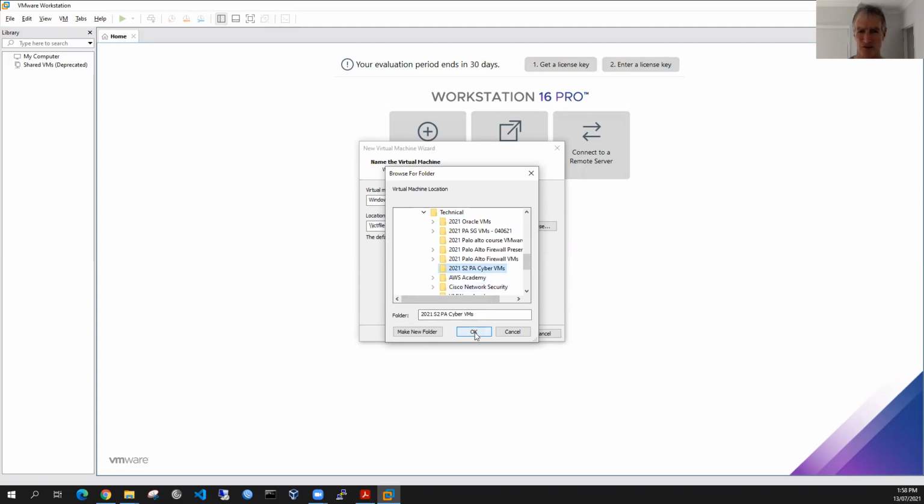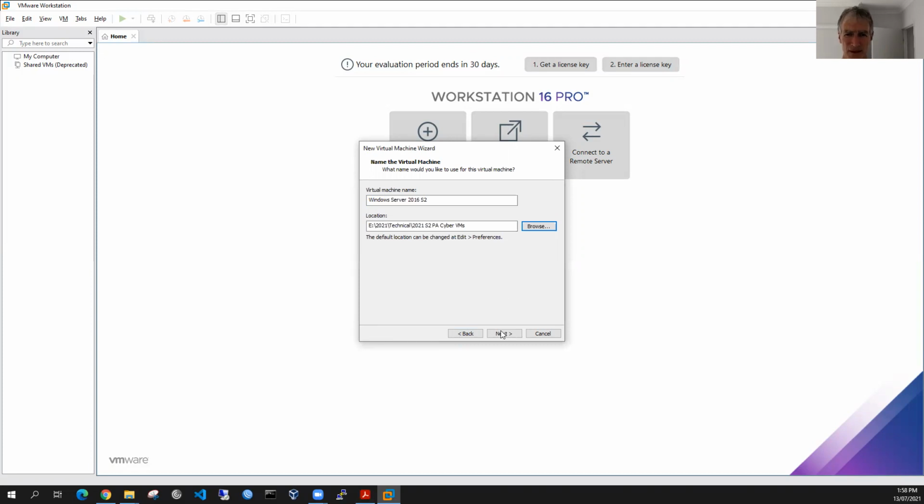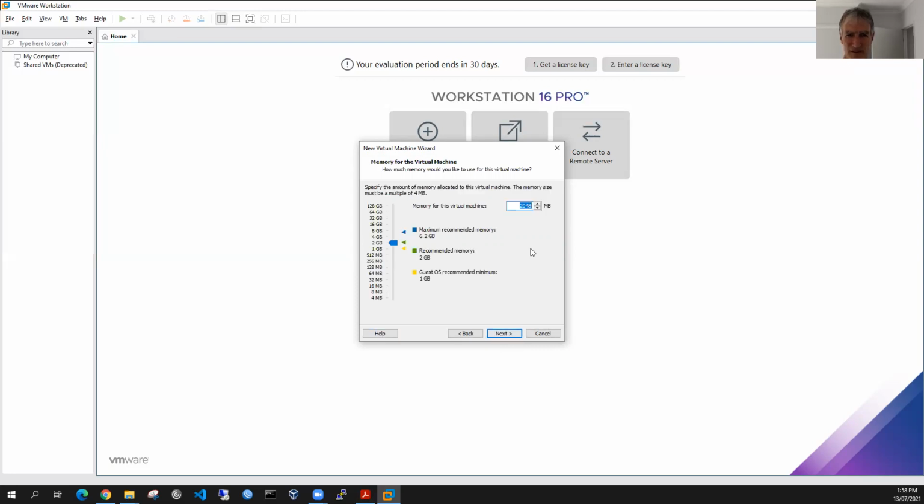So that's going to be my virtual machine location. And then I'll go next. I'm happy with UEFI, that's fine. And 2 processors, yep, that looks good. And for the memory, interestingly, I'm going to make this 2024 gig, which doesn't seem like a lot, but it seems to be sufficient